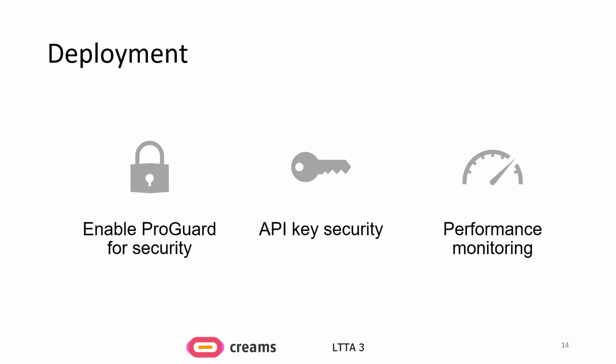Finally, some common pitfalls to avoid. Those are, as I said before, some very common tips. You should enable ProGuard for security, which hides the code and makes it a little bit harder for attackers. You should always restrict your API key, which you generated from the Google Cloud console, because many unauthorized domains or apps might try to use it. And you should integrate tools to monitor the performance of your app and identify bottlenecks and so on post-deployment of the application.